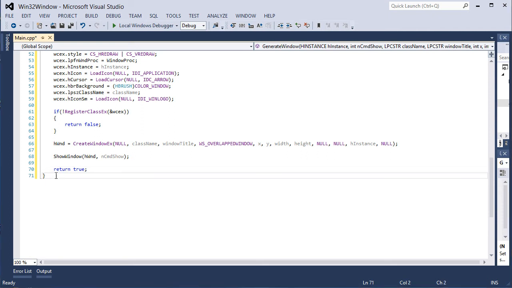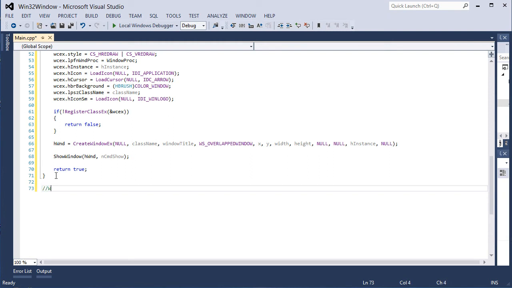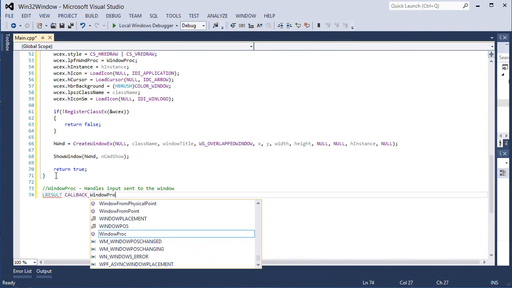All right, last up, we need to generate the callback, or the window procedure that was set up. Window proc handles input sent to the window. So it's going to be LRESULT CALLBACK WindowProc